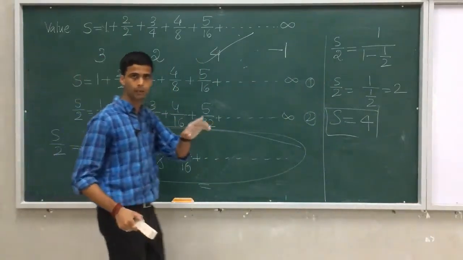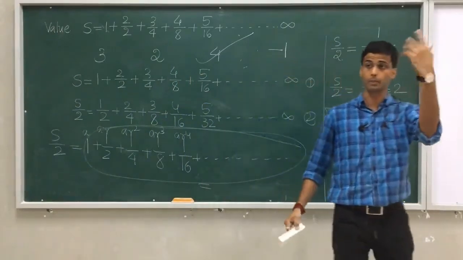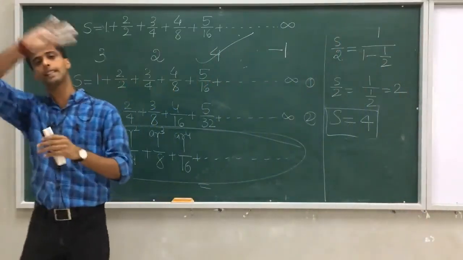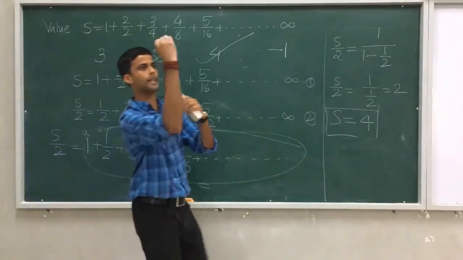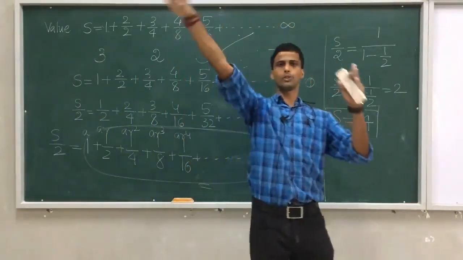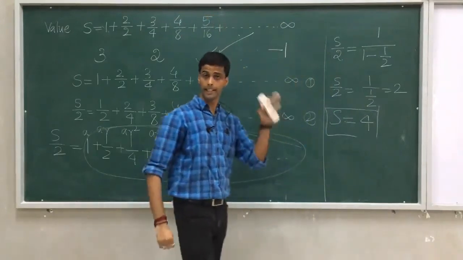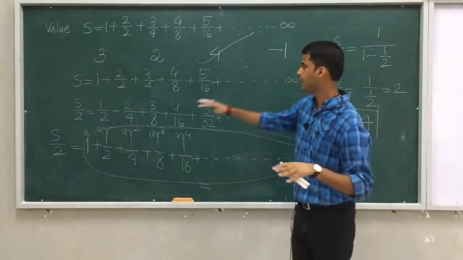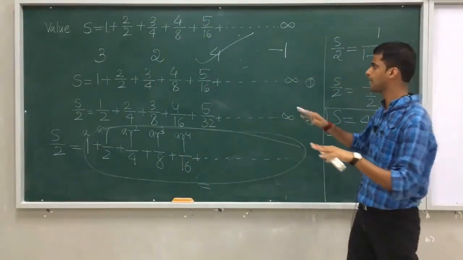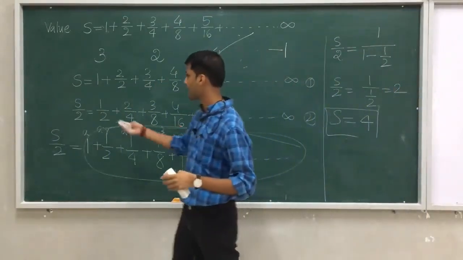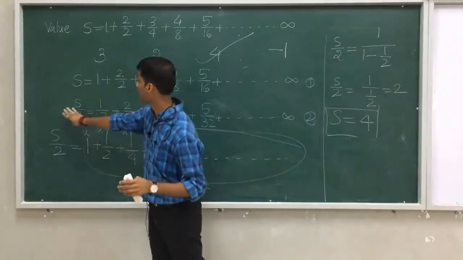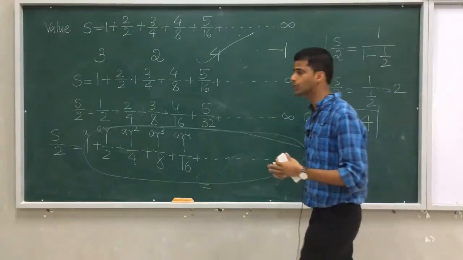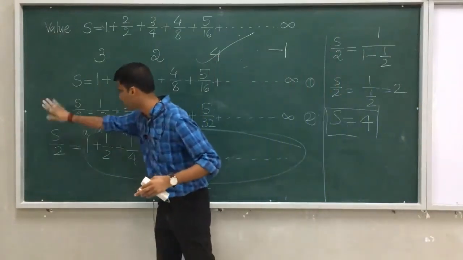Look at these three problems: 2 power 1 by 3, the previous problem, 3 power 1 by 3, 3 power 1 by 9, 3 power 1 by 27. There we managed very simply. So you took this as a power m, a power n, so we do a power m plus n. But in these two problems that we discussed in the last MCQ session, we got stuck in the solution. And later we realized that if I divide by 2, just think, what if I multiply by 2? It's your wish.